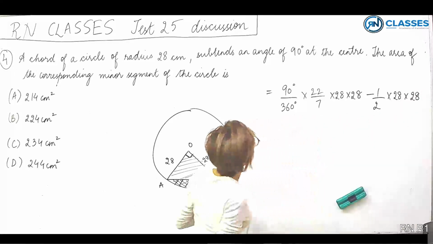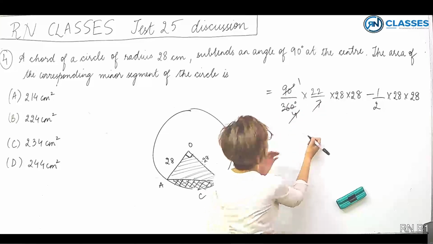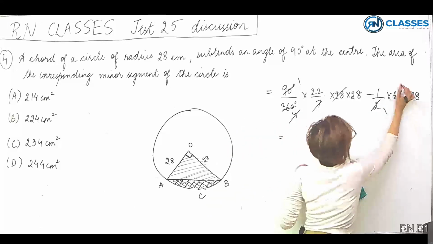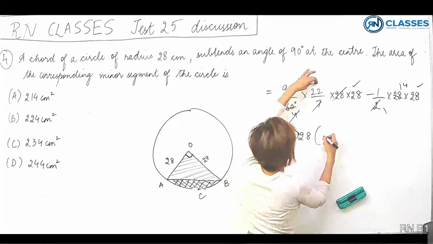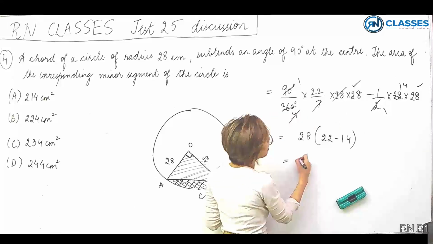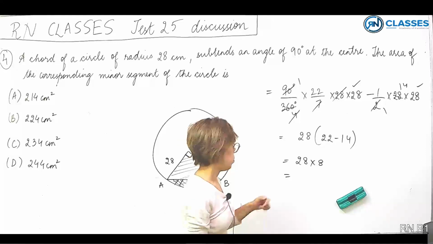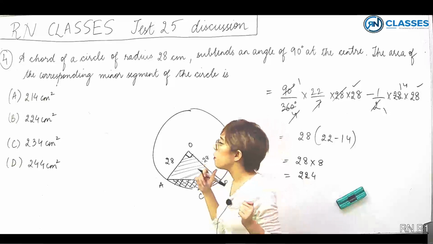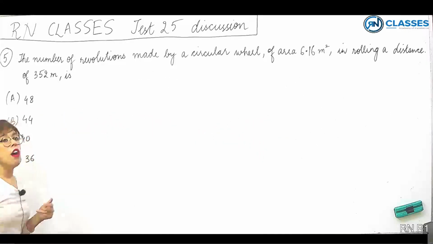Right? Okay, so let's just simplify. So this is 1 by 4. So 4 into 7, 28 directly cancels. So here let's cancel it. So 1 and 14. So 28 is common, right? So 28 common into 22 minus 14. Right? So this is nothing, 28 into 8, right? Which is equal to 224 centimeters square. Alright,